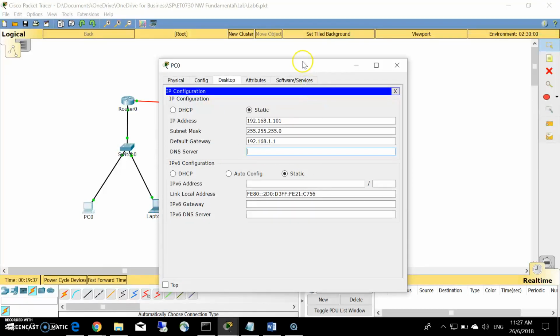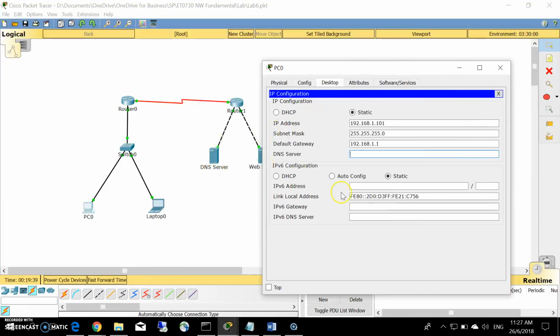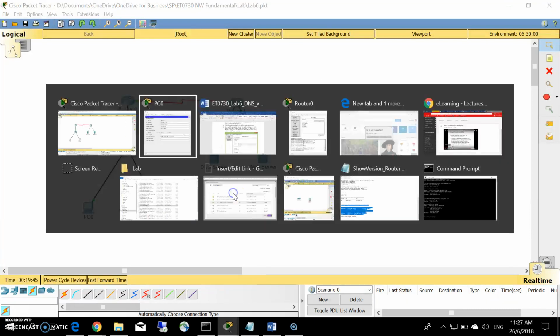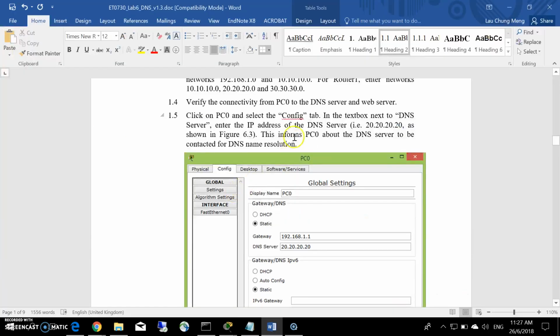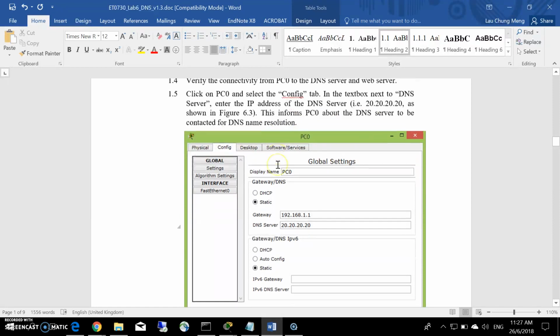Our DNS server is over here, and the IP address is 20.20.20.20. So you tell PC0 that if you need to resolve any name, go and find your DNS server at 20.20.20.20. This informs PC0 where the location of the DNS server is for DNS name resolution.